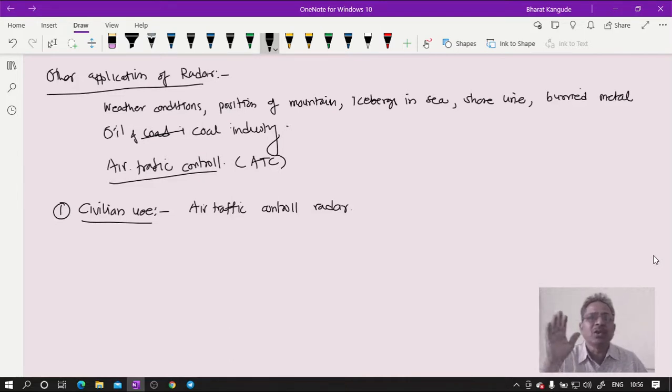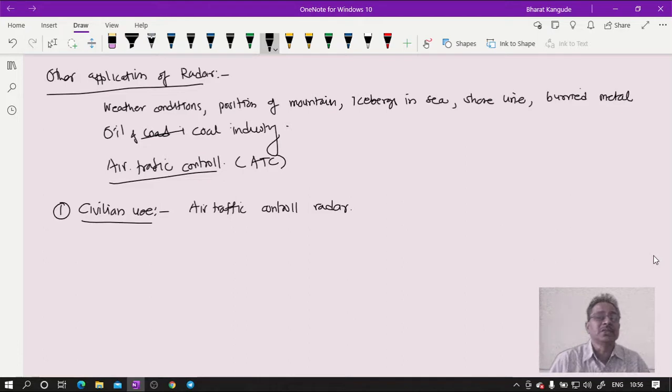Means even though you are not looking at the airplane because of the fog, the radar looks at that particular aeroplane and gives instructions regarding its landing or takeoff. Therefore, in this operation of air traffic control or operation of the airport, I think you might have seen, there are very few accidents that have actually happened. In 10 years, in 20 years, 1 or 2 such accidents happen, and this type of accuracy is because of these radar techniques which are used